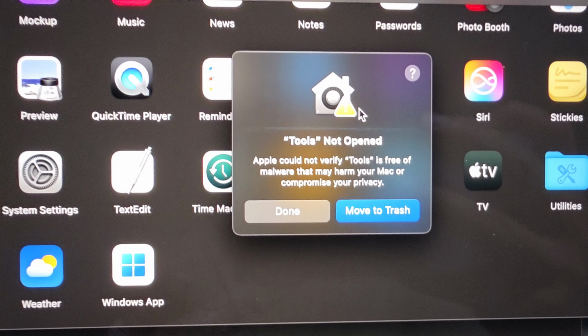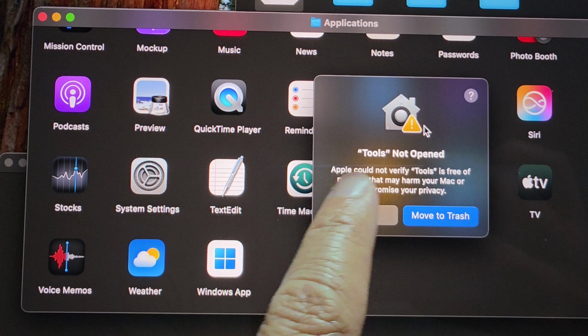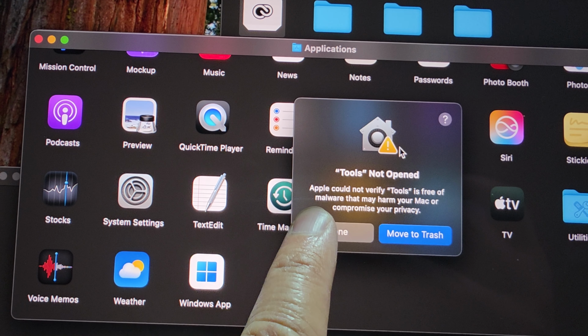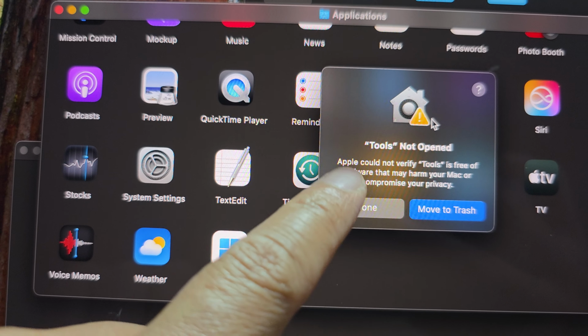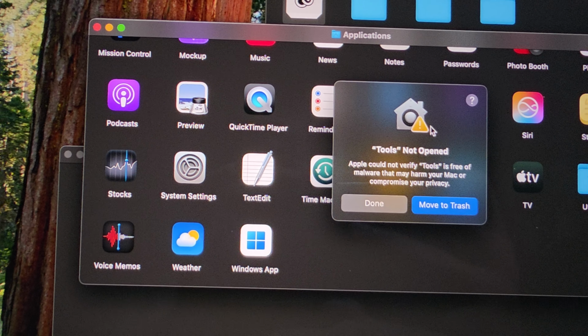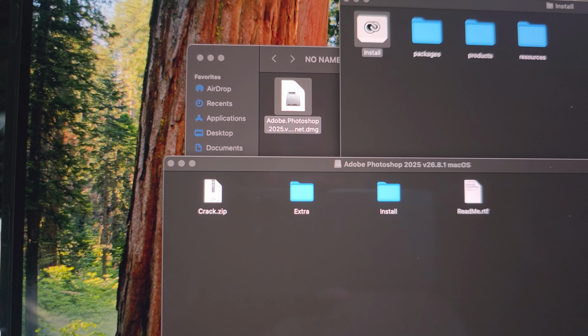How to fix the message "Apple could not verify the name of the app is free of malware that may harm your Mac." So when you see this message when you try to run an app, then this is what you can do. Okay, so click on the Apple icon at the top corner